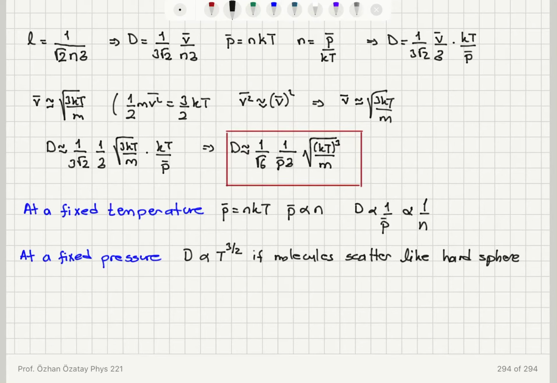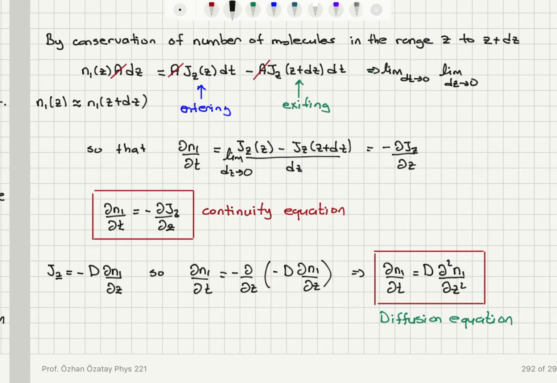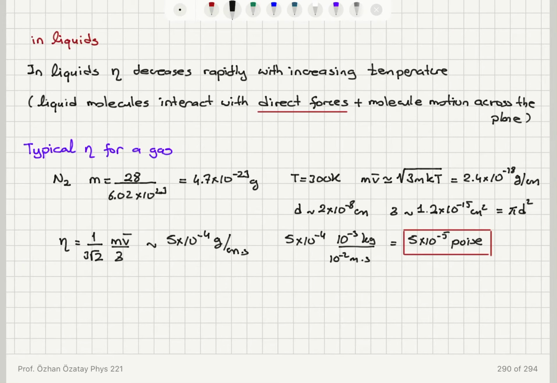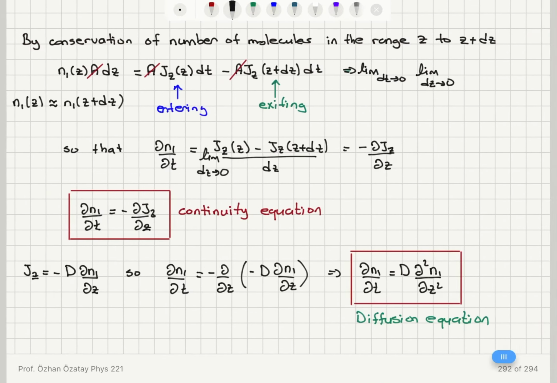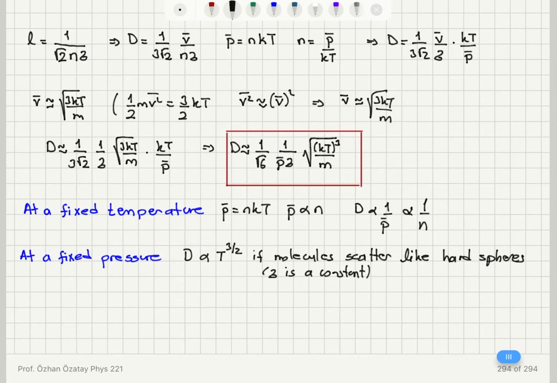Once again, this is an approximation. As we have seen, this is actually not the case, so there is a small correction. The total scattering cross-section actually has a temperature dependence, so you can see that in our viscosity calculation we have taken into account sigma decrease with increasing temperature, so that instead of having T to the 1/2 dependence, we found T to the 0.7 dependence for the coefficient of viscosity. Alright, so here if you just assume it's a constant, it's a small correction, then it's approximately